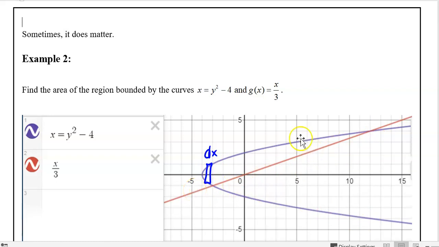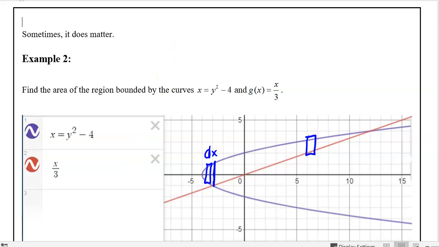On the other side, however, it is different. On the other side, the vertical rectangle, also differential dx, touches the upper half of the sideways parabola on top, but the slanted line on the bottom. That means that if I wish to do this with respect to x, that I must split the integral into two pieces, right there, where the curve on the bottom changes from the lower half of the parabola to the slanted line. Let's now take that portion off and see if it would make a difference if we integrated with